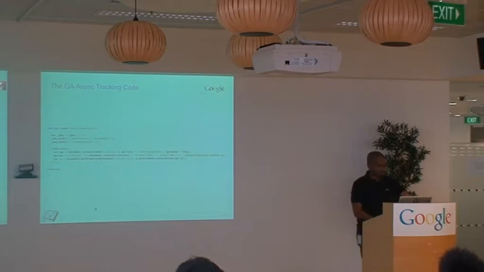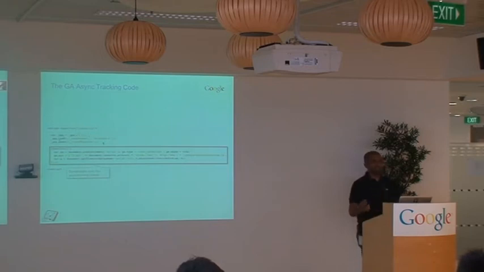But the crux of the asynchronous loading is actually happening here. When the browser sees this snippet of code, it's creating a little stack, or just an array. This is just an empty array, and then you're queuing a lot of JavaScript commands into that array. Then you're executing an anonymous function in JavaScript, and this function is inserting a script call within the DOM. It's making a call to ga.js, which is the standard Google Analytics tracking library.